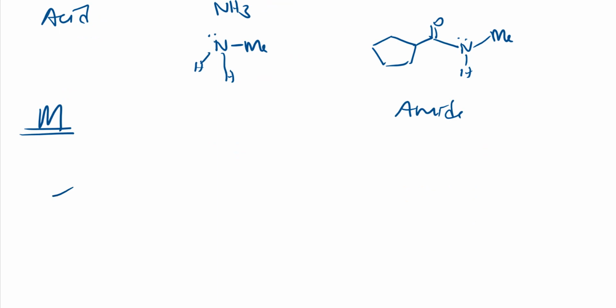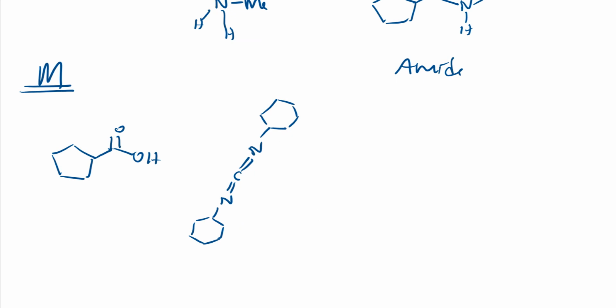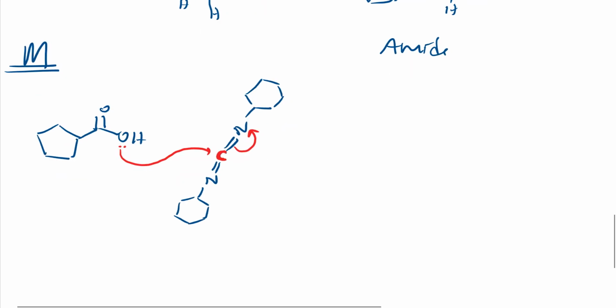So I have taken this carboxylic acid. DCC, see here, the DCC structure you should know. See, double bond N, double bond N, here one cyclohexane ring, here one cyclohexane ring, right? This is the structure. If I do it as a shortcut, you should be able to understand it. I have told you this carbon, the DCC carbon, is more electrophilic. So what happens? See here, it will take this electron density, so this pi bond will break and go to nitrogen.